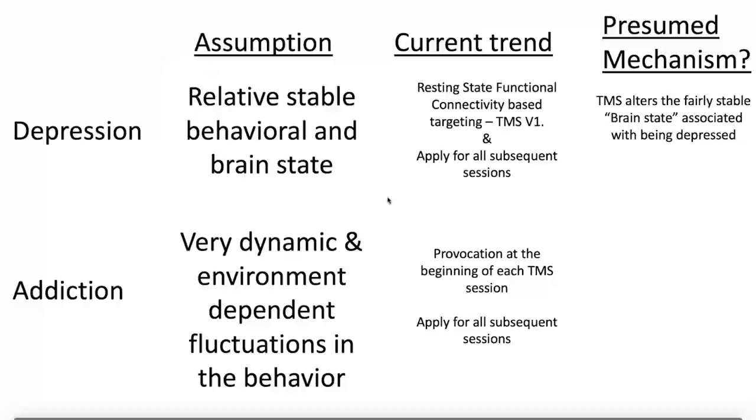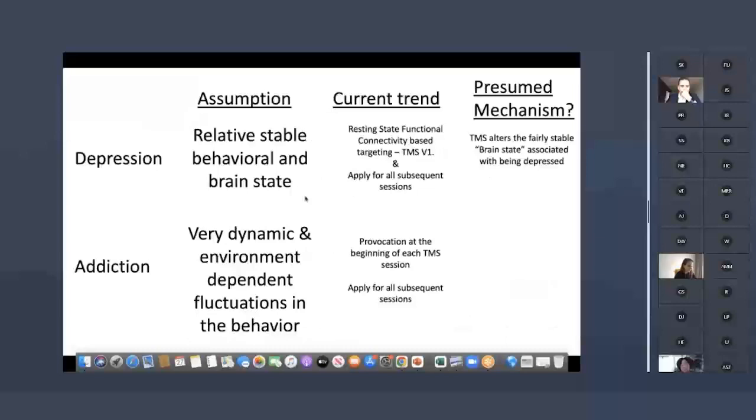And so that's dynamic, right? If we did a craving-based image at 9 o'clock in the morning, that's going to be a really different brain state than when, ideally, we could have an MRI scanner in their house and take a picture of their brain there. Certainly EEG would be a really nice way to look at that. Addiction is a very dynamic disease: the actual drinking, for example, isn't continuous, whereas depressed mood tends to be continuous. I think we need to think about these dynamics when we think about TMS treatment.